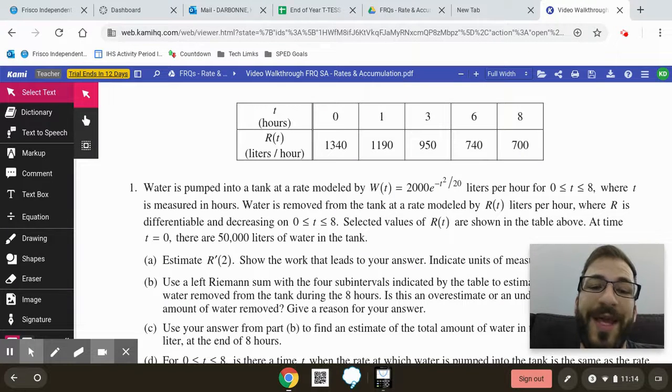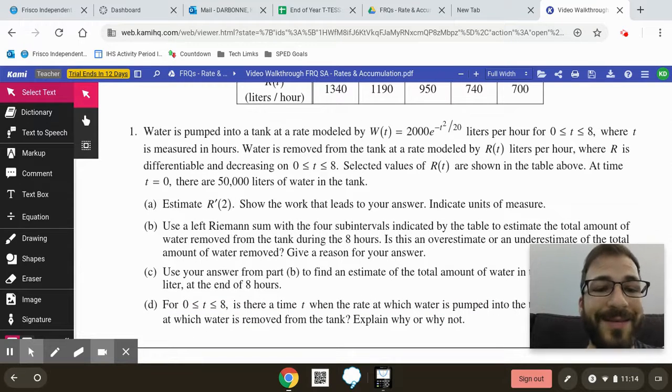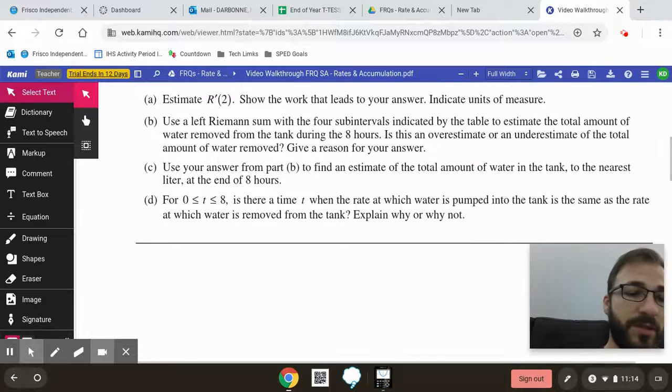W is representing water going in, and they give us a nice easy equation to work with. R is the rate of water going out, and they give us a not so easy, but still not too hard table of values to work with. Both W of T and R of T are rates, so they are that first derivative that they're representing. So let's talk about A. We want to estimate R prime of 2. So we want to estimate the rate of water being removed. So if I want to estimate, remember, anytime they ask us to estimate the derivative, what are we going to do? We want to do that AROC, that average rate of change. So for part A,